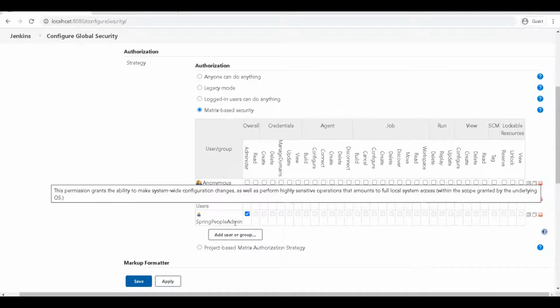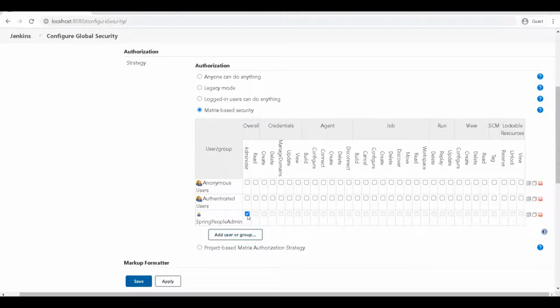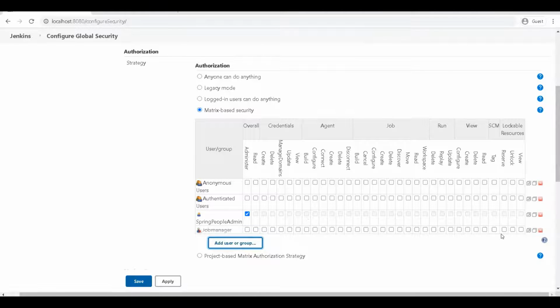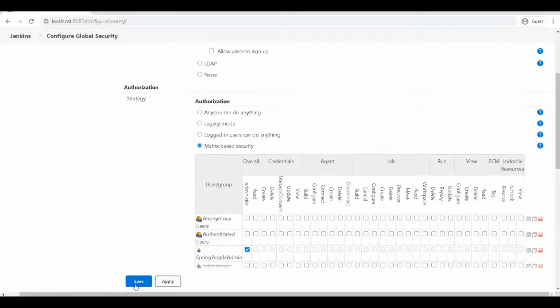I would say that this Spring People admin is an admin. Now I will add user or group name. So let's say job manager. I will save it.